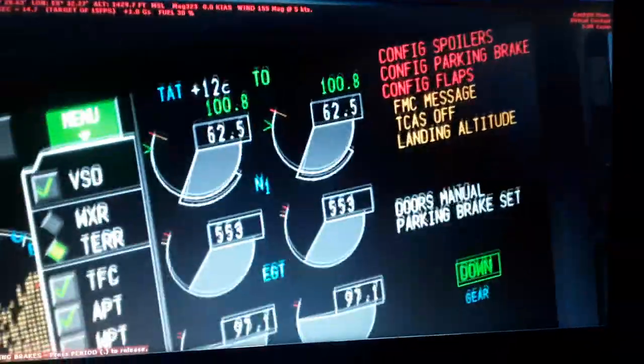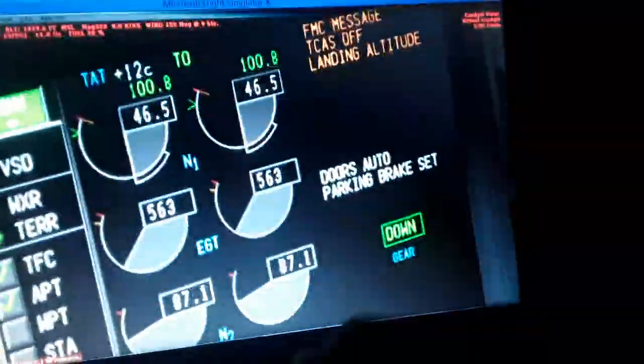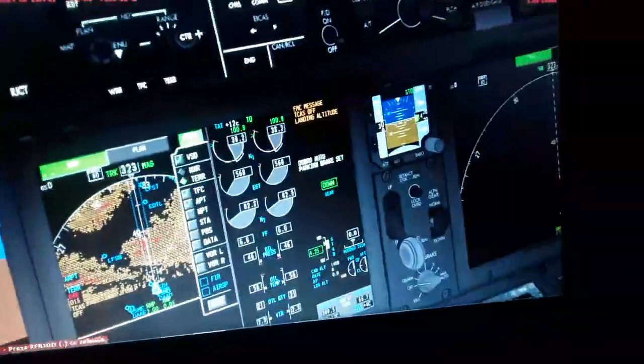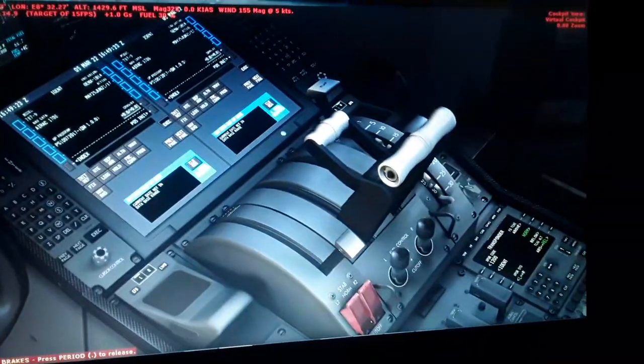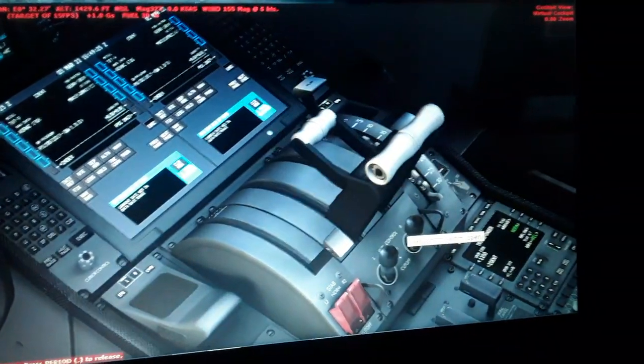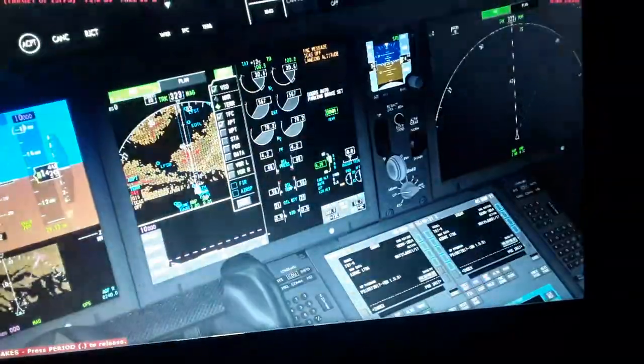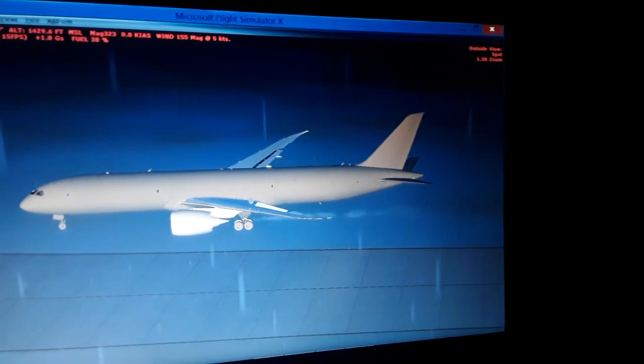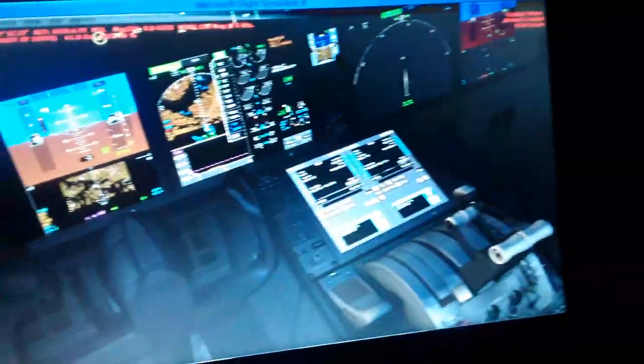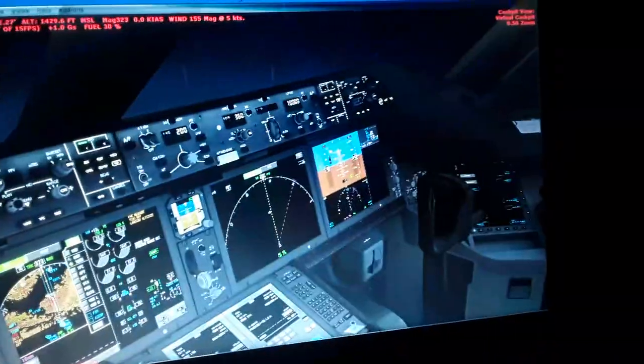You will see also the warnings. So I'm gonna make also an engine start demonstration. You can see the thrust lever position here, forward and aft. I'm gonna show you many functions of the 787. So that may include also